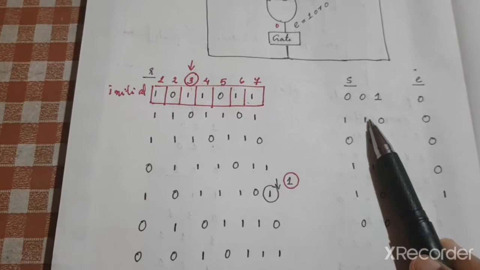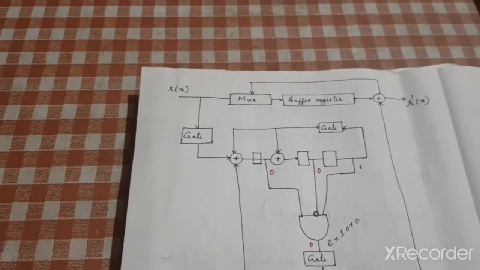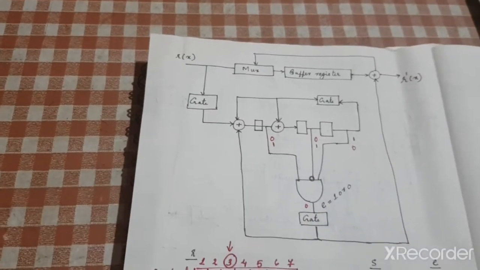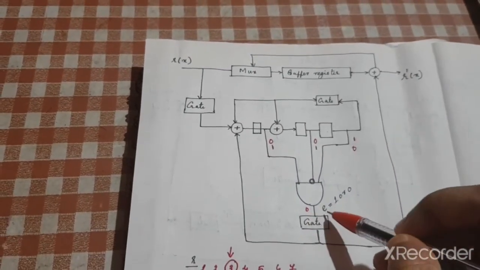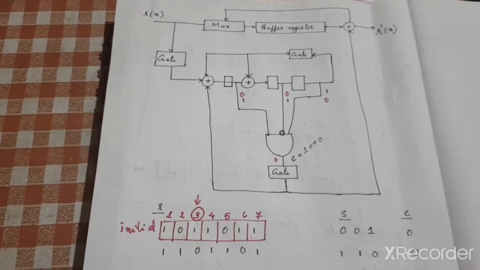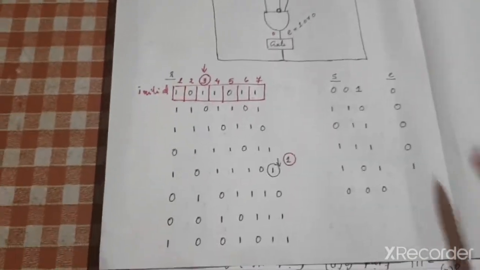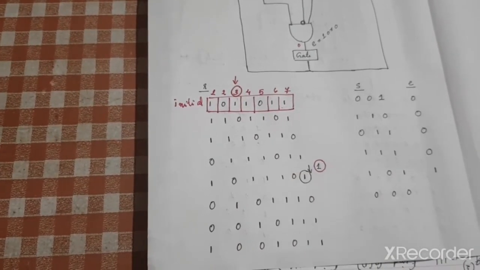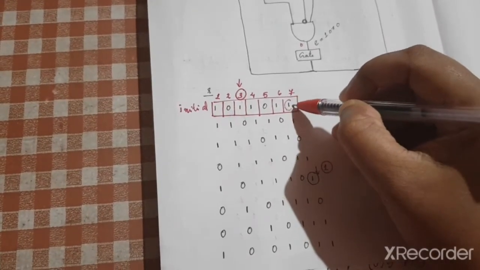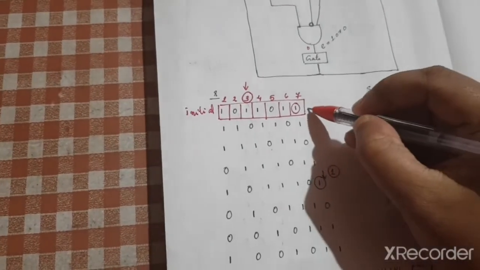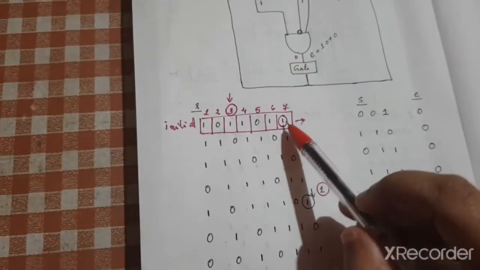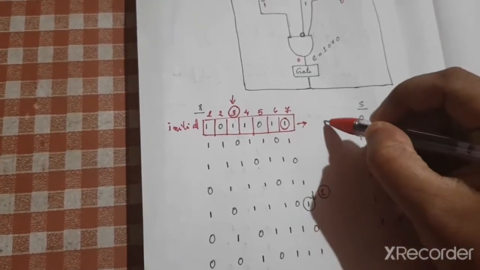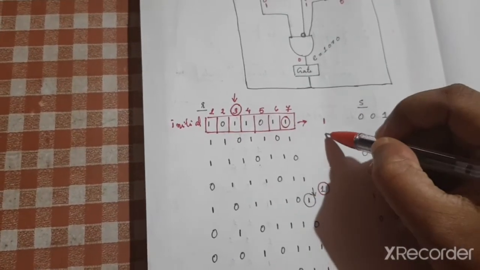Its value is 110. Again with the 110, that is if you are having a 1, 1, 0 here, again you can note that the output E from this AND gate will be 0. Okay, in that case we are again going to shift. At each shift you are also letting this particular bit out of the buffer register. You're taking this last bit out of the register. So in the first case you got 1, in the second shift you will get this 1.